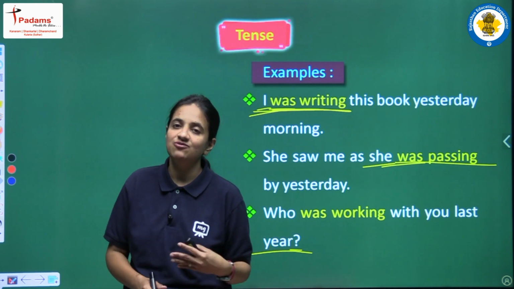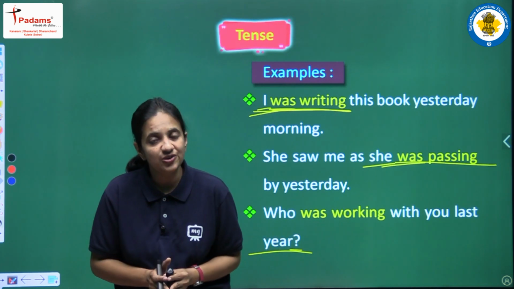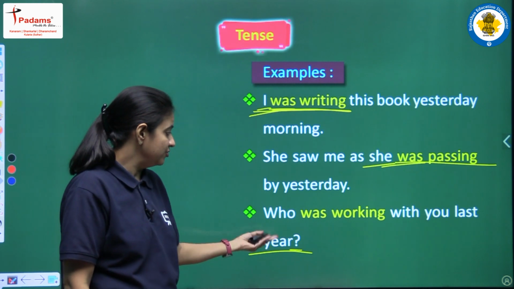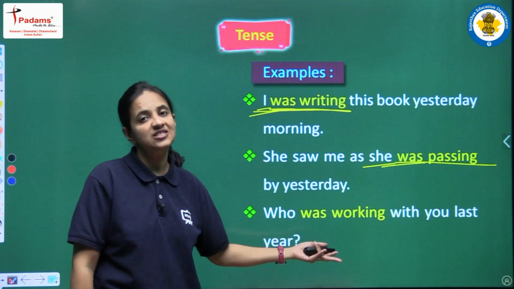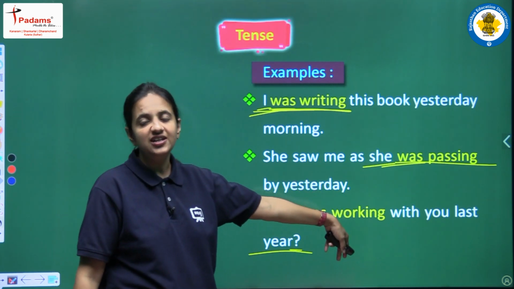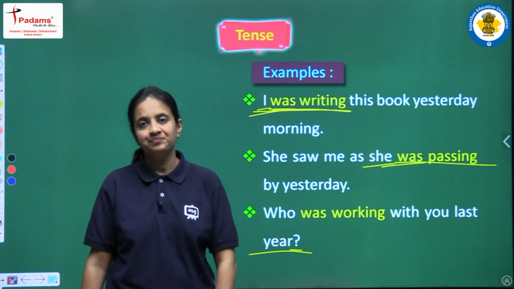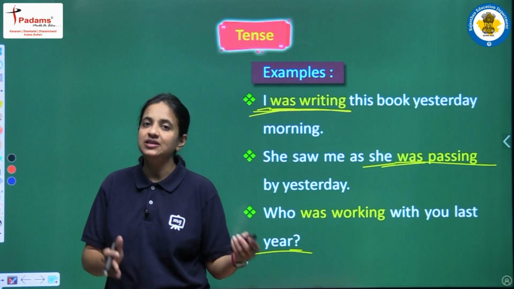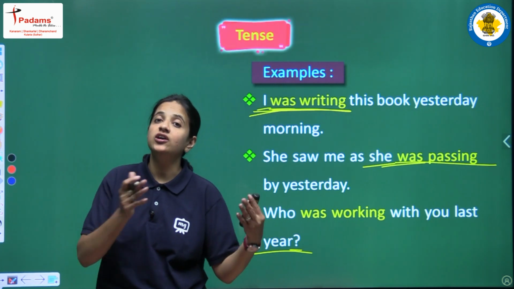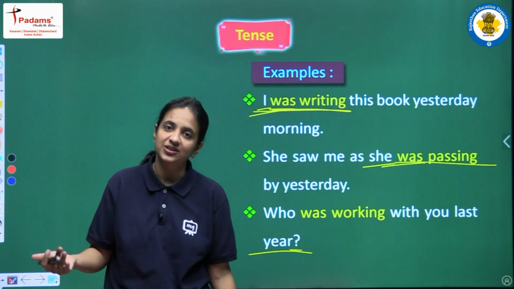And yes, we will use was and were according to the subject. And always we have to use first form plus ing. Okay, so no separate rules we are having for different kinds of sentence. So we don't have to be confused here because yes, this is an interrogative sentence, but we have to follow the same rules and we will write was here and do first form plus ing, that is working. So the sentence will be who was working with you last year. Clear? So in this tense we are having same rules no matter the given sentence is in negative pattern, interrogative pattern or that sentence is a positive one. We have to follow the same rules for helping verb and main verb.